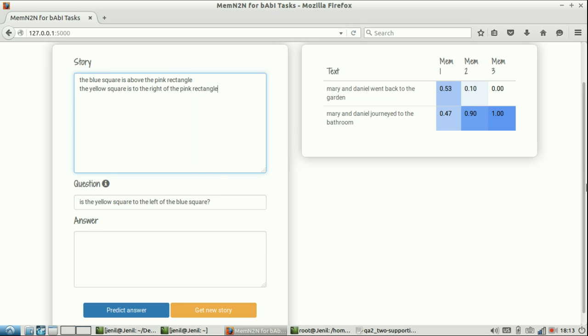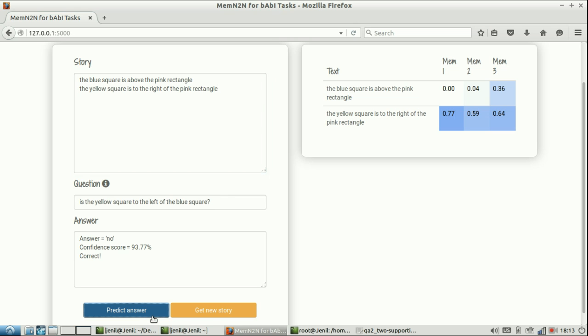This we are giving to the model, and we want to know: is the yellow square to the left of the blue square? It even took me a few minutes to figure out whether it is correct or not. So let's see what the model has to say. The model says no, the yellow square is not left of the blue square.